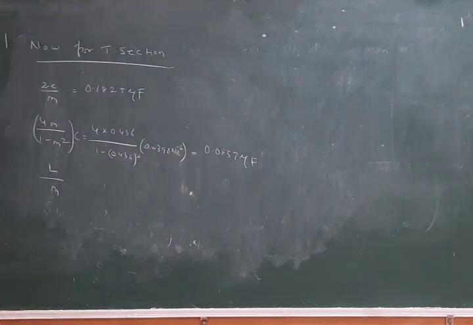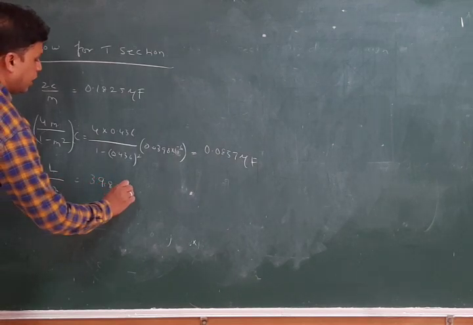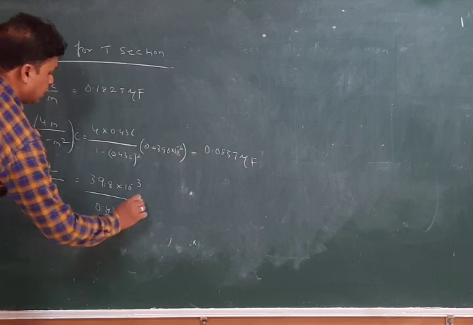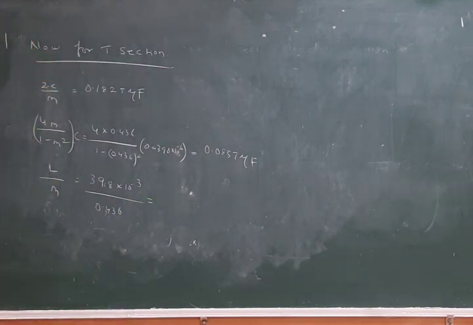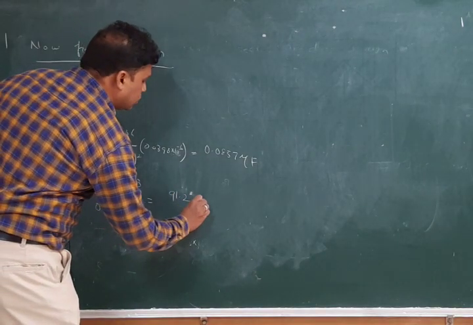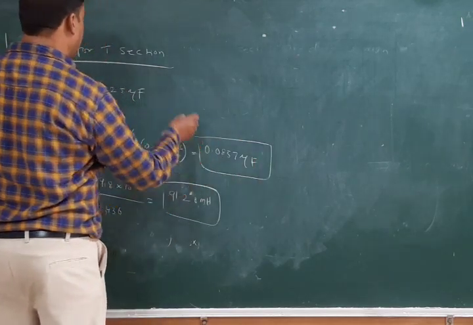What is L value and m value? If you divide it, you get L by m value, and that L by m value is 39.8 into 10 power minus 3 henry divided by 0.436. So, what we get here, 39.8 millihenry by 0.436, is 91.28 millihenry. So, here we got these values, 91.28 millihenry, 0.0857 microfarad and